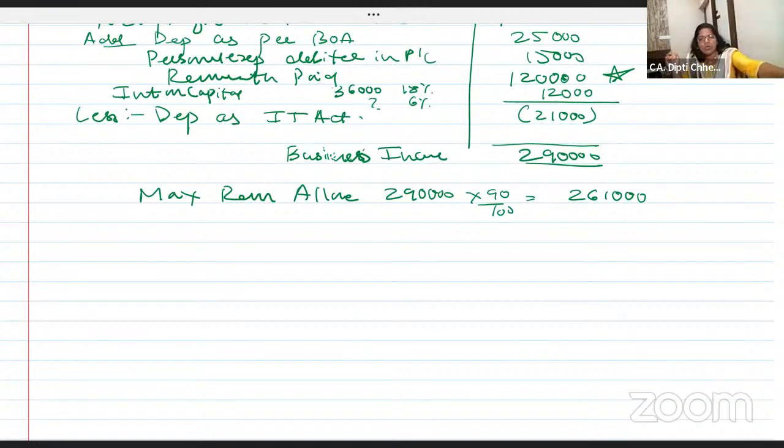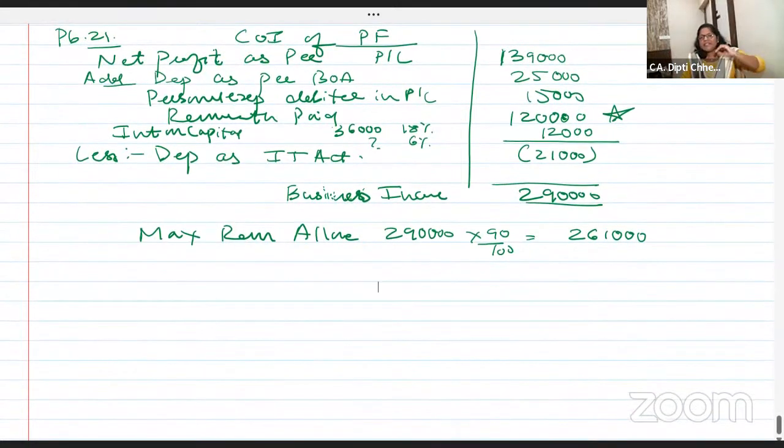Anyone is having doubt or all clear? Whatever is disallowed, add back. Whatever is allowed, deduct. So you get the book profit. This is also called as business income or book profit. And we have added back the wrong remuneration paid. Now how much remuneration is allowed? Maximum